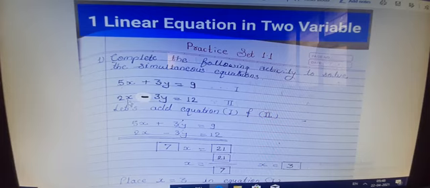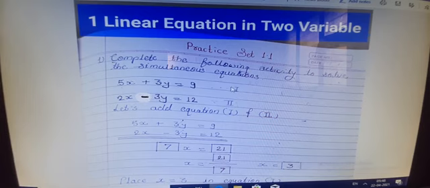Here we see carefully that the coefficient of variable x differs in both equations. In the first equation the coefficient is 5 and in the second it is 2. But for variable y the coefficients are plus 3 and minus 3, the same with different signs. Therefore after adding these two equations, plus 3y and minus 3y cancel immediately and we automatically get the answer for variable y.